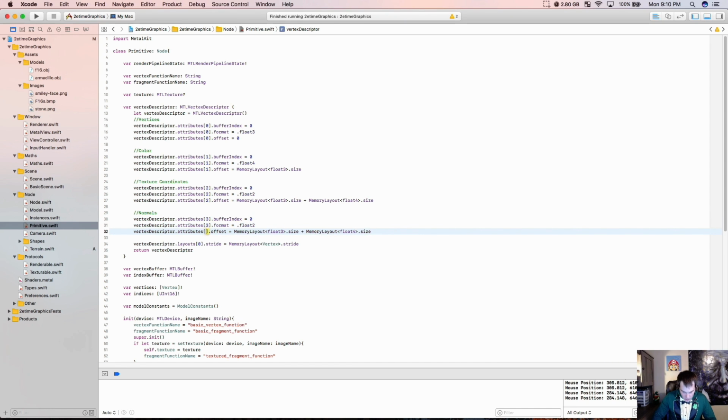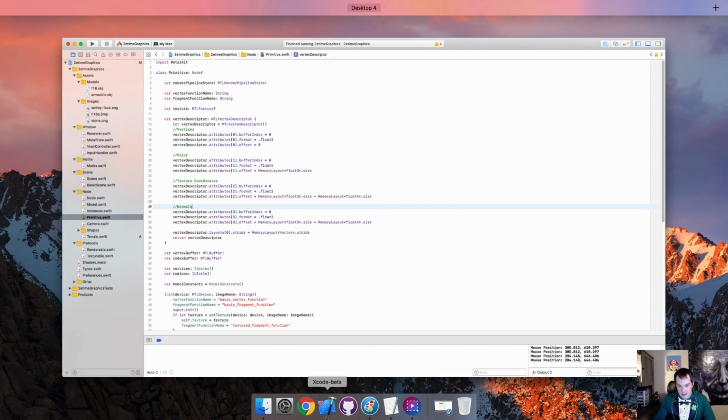You can change them however you want. I'm gonna change them in a really messed up way. And the normal is just gonna be 3, and we'll apply those. It's really easy to add a normal because since